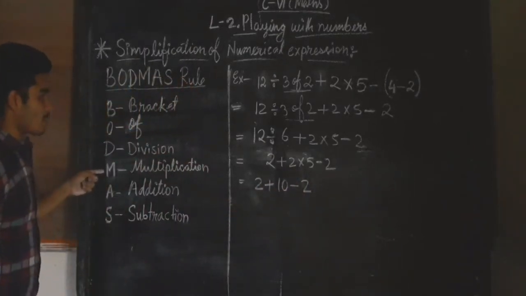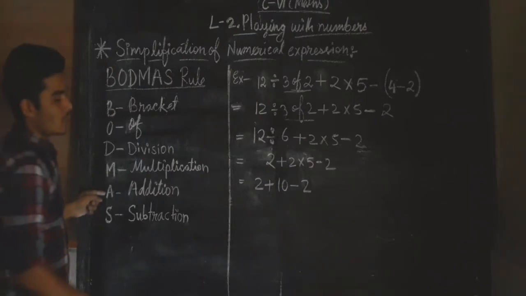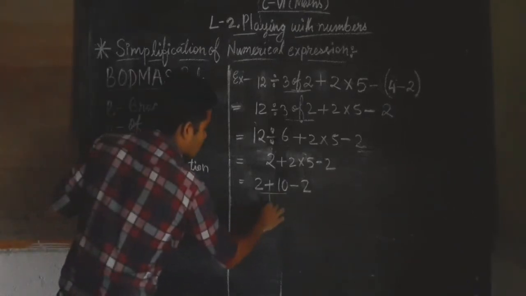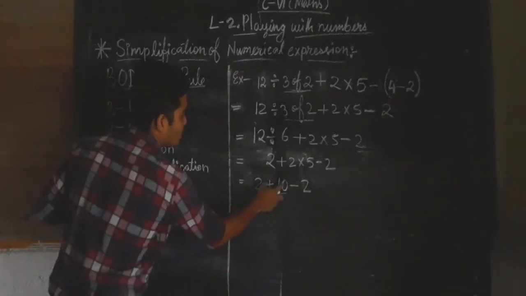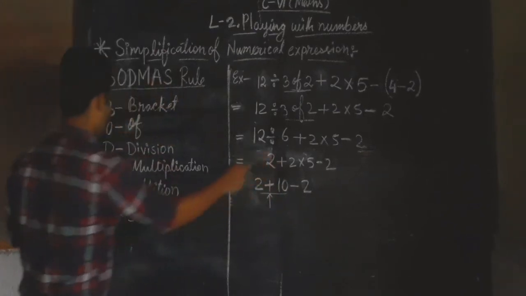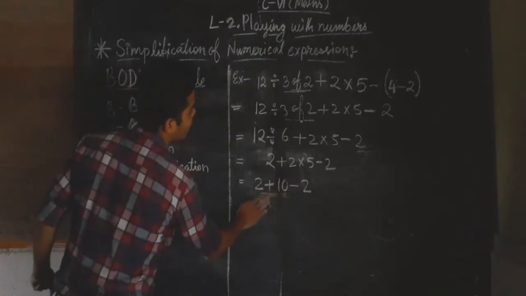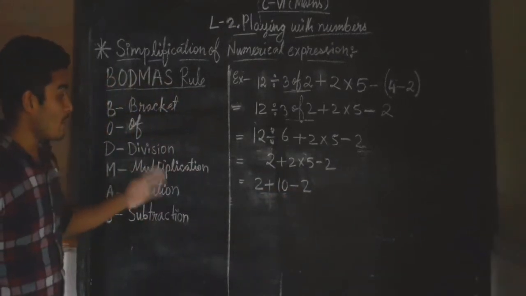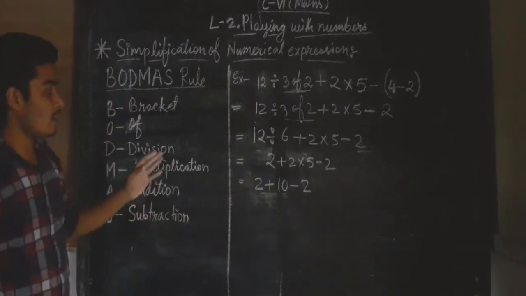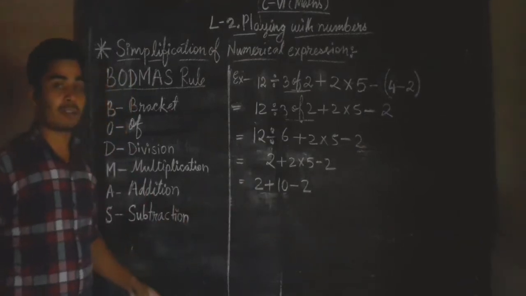So these two multiplied, then I got 10. So after multiplication, what do I have to do? I have to go for addition. You see in the expression, where is the addition? You can see this is the addition symbol. It lies between these two numbers. So we will add these two numbers first. After that only we will go for subtraction. If you directly subtract 10 minus 2, then your answer will be wrong. Or sometimes it may be correct also, but it is by chance. By chance only you may be correct, but this will not be correct always.